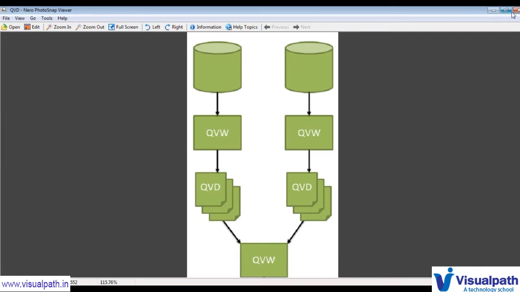So let us see what the benefit is. Before going to the benefit, let us see how to do that, and if we do that, then we can understand easily what the benefit of that is.